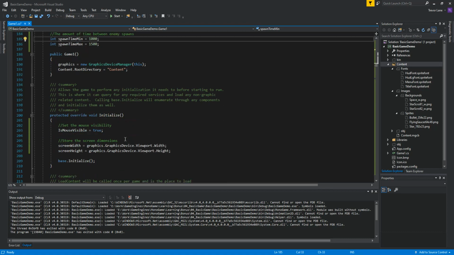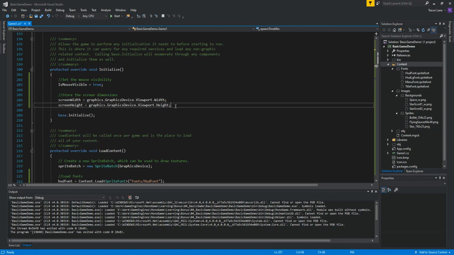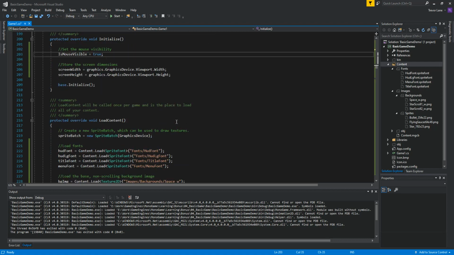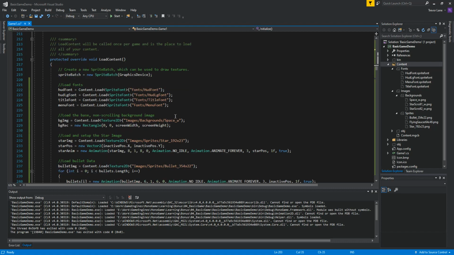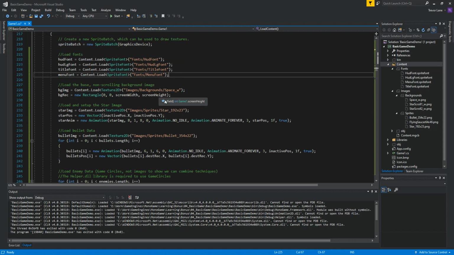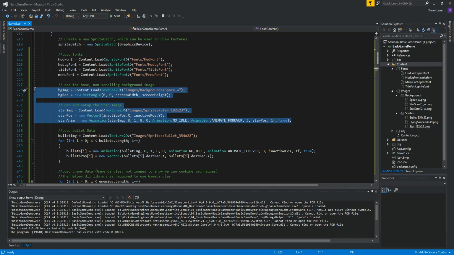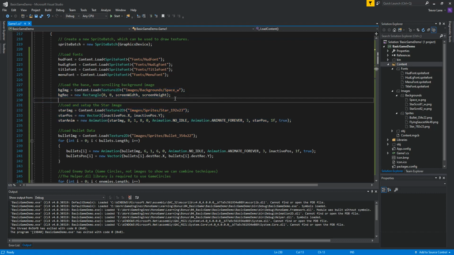Going down, I've stored my screen width and height, and I made my mouse visible. I didn't change my screen resolution, so by default, it's still at 800 by 480. Didn't really need to change anything. It's all good. Down here, I'm setting up loading everything in, loading in my fonts that I've set up, background images. So this is all background stuff for that scrolling background. Okay, so I have the regular static image that doesn't move, and then I have